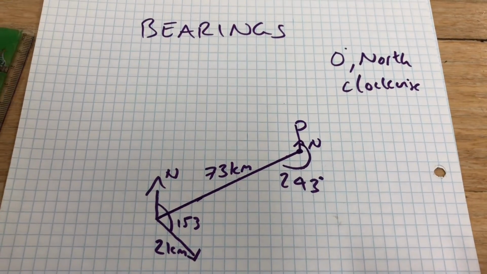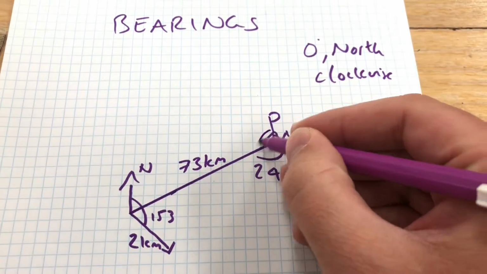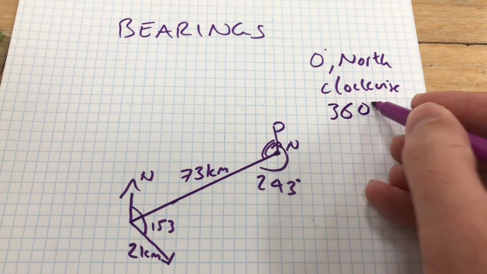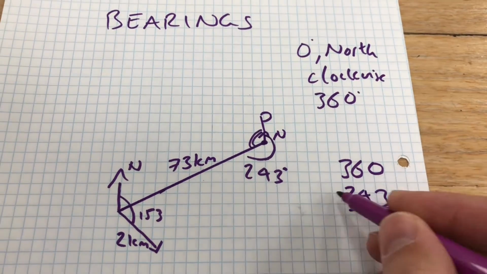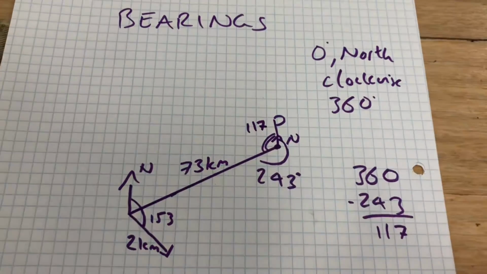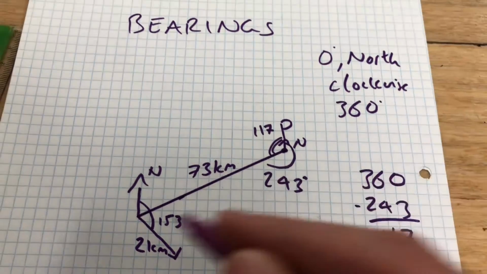So, to find point P, like the interior of point P. This one here? Yeah. To find that angle, we do 360 minus 243. So 360 minus 243 gives us? 117. So that gives us that angle there. Why does that help us? Because that will help us find, later on,